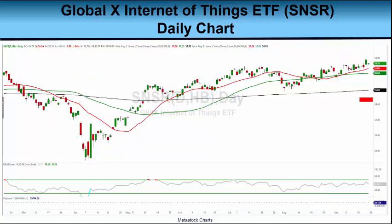Our last chart today is a daily chart of the Global X Internet of Things ETF, the SNSR. It has 55 holdings. Garmin, Skyworks Solutions, Dexcom, and Lattice Semiconductor are some of the top holdings. Now, when I captured this chart today, the SNSR was trading at $39.28. The 20-day moving average is coming in here at 38.66. The green line, the 50-day, is coming in at 38.03. And the 200-day moving average is coming in at